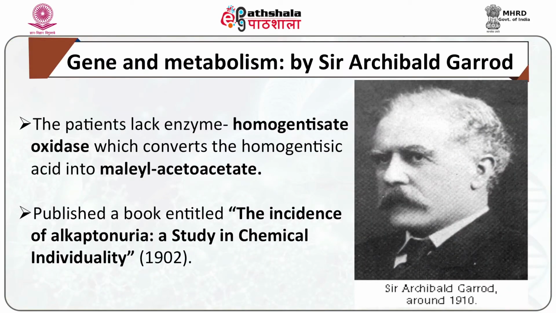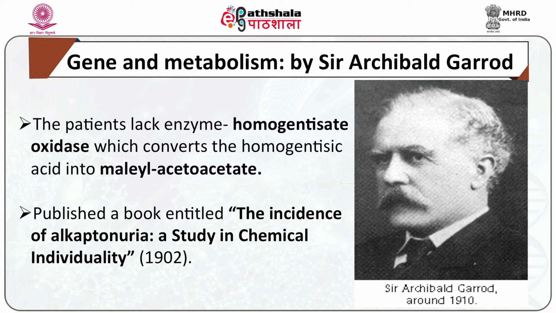The patient lacks the enzyme homogentisate oxidase, which is responsible for converting homogentisic acid into maleylacetoacetate, as shown in figure 7. He even published his studies in the book The Incidence of Alkaptonuria: A Study in Chemical